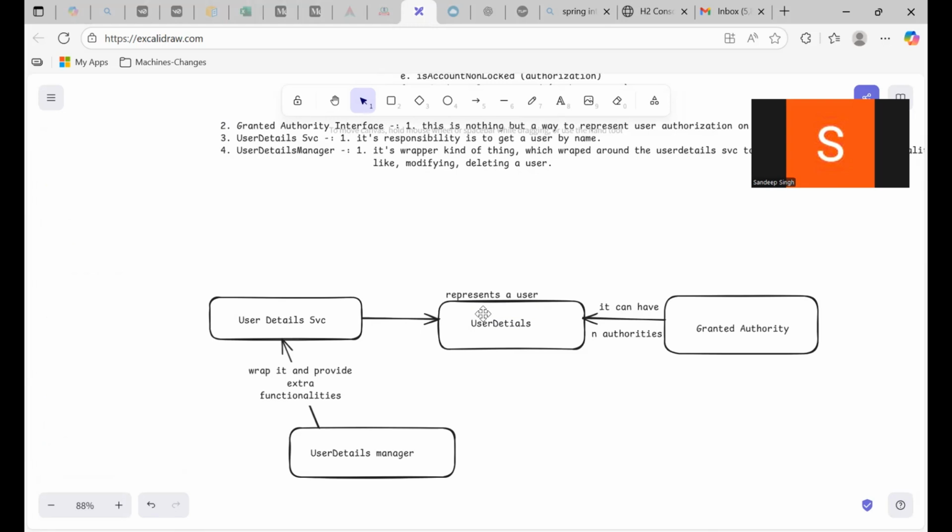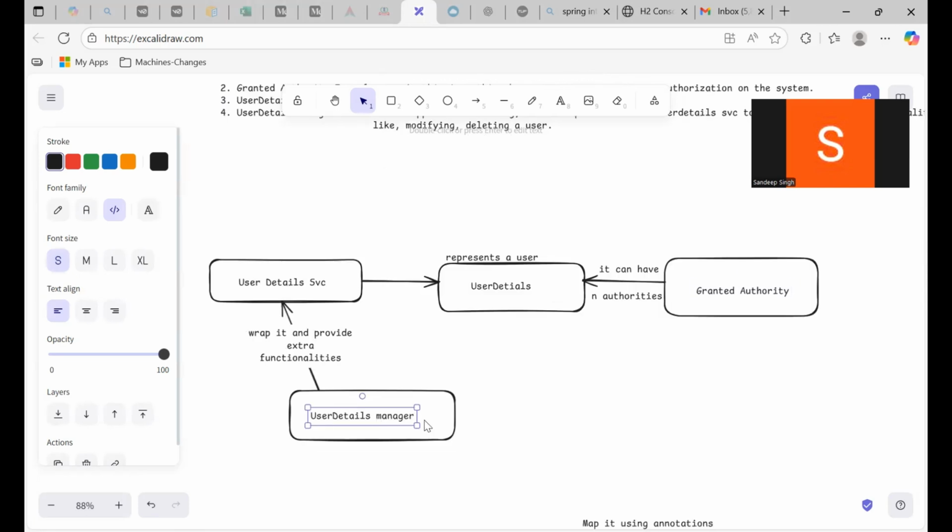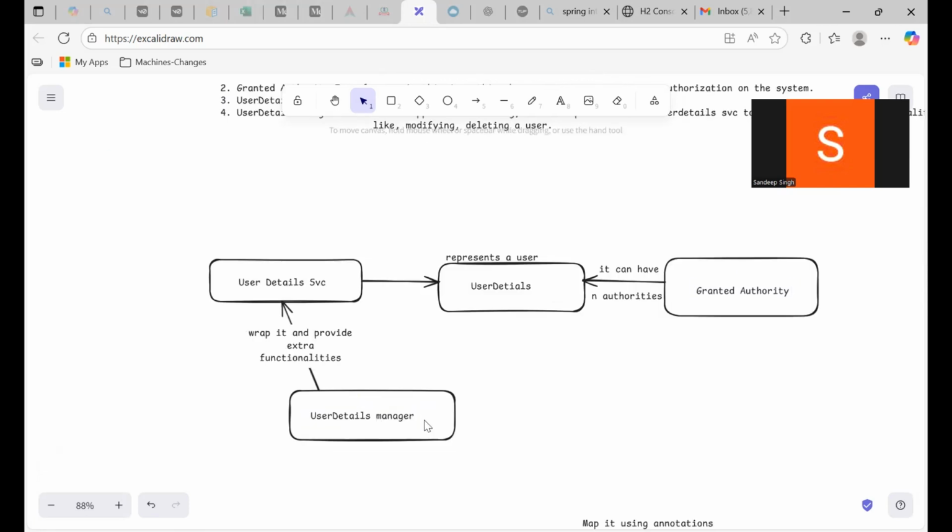At runtime, it will be a class to represent a user. Then UserDetails represents a user, and a user has many authorities assigned to it. That is represented by GrantedAuthorities. And that's why it is written that it can have n number of authorities. Then UserDetailsManager. UserDetailsManager is giving some extra functionality on top of UserDetailsService. That's why it is using this